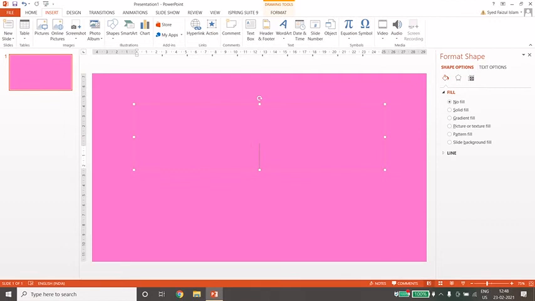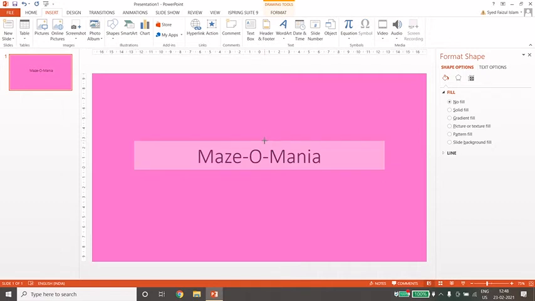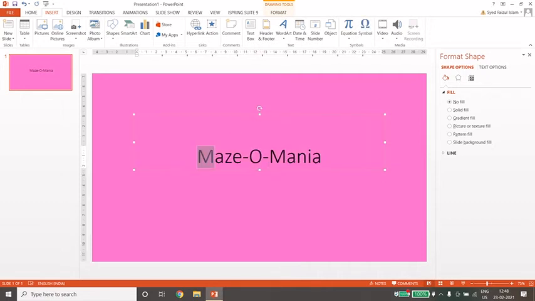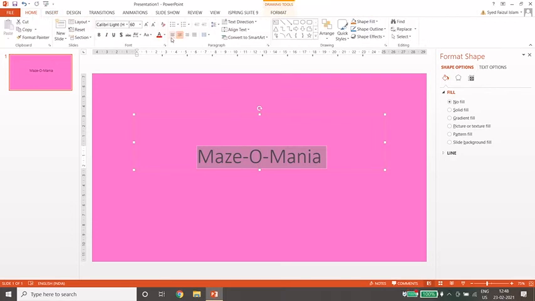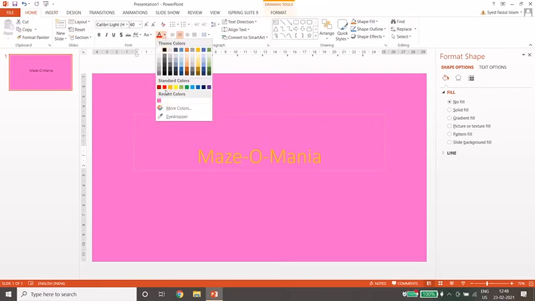So I've designed my background. Now I'm going to write the text. So the text is going to be maze-o-mania. Okay, so you can either change the font, or you can just make it this way. Let's change the font to make it look more beautiful, and the color. So you can change the color to any color you like. I'm just going to choose this